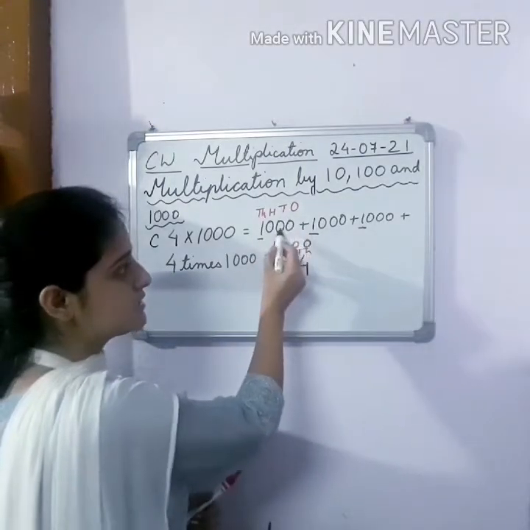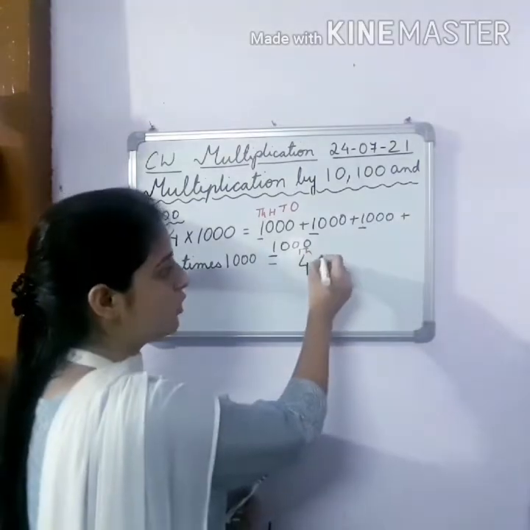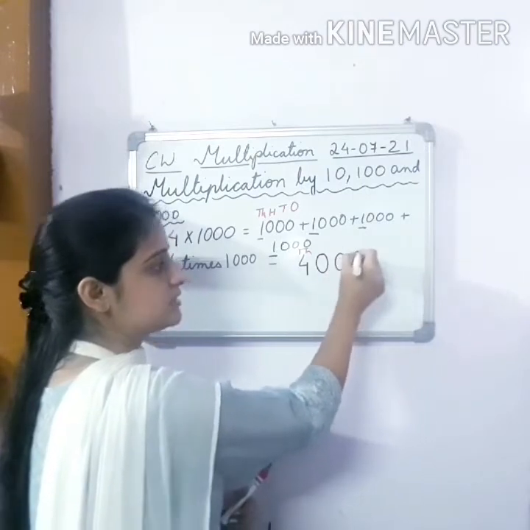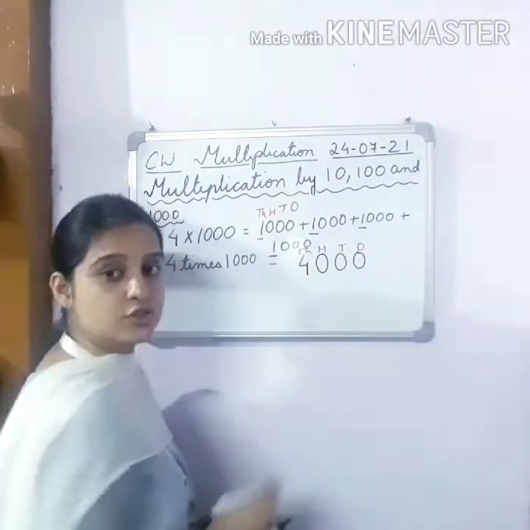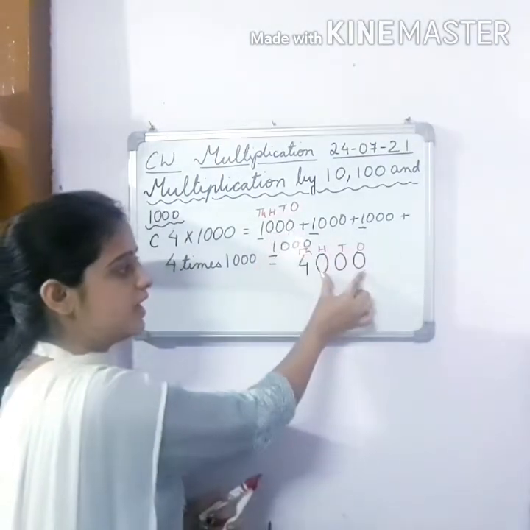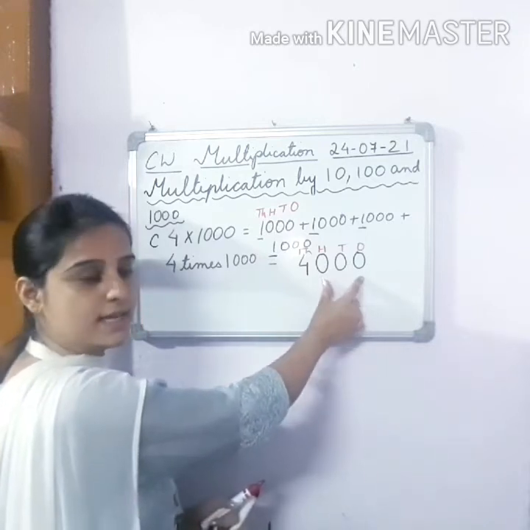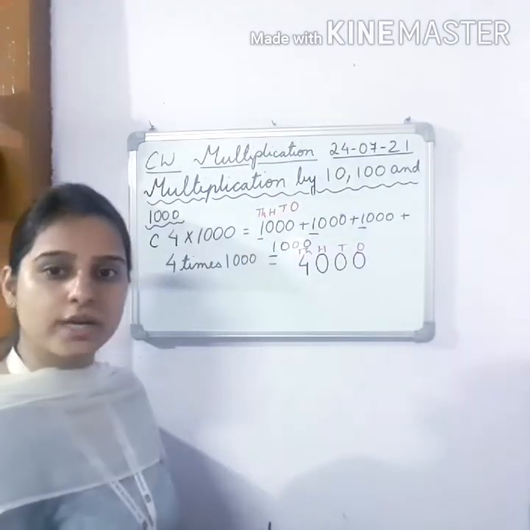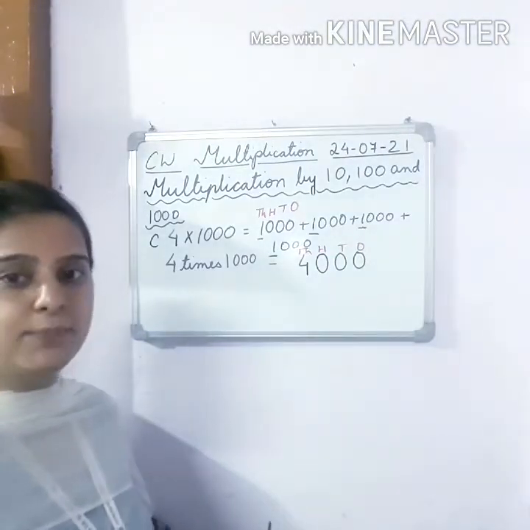And in ones, tens and hundreds place, what is there, children? Zeros. So this 4 will be followed by zeros in hundreds, tens and ones place. Okay? Is it clear, children? It's very easy. We just put the zeros at the end. There are 3 zeros. We'll put the 3 zeros at the end after adding the ones. Okay, is it clear to everyone? So now let's see directly by how can we multiply.